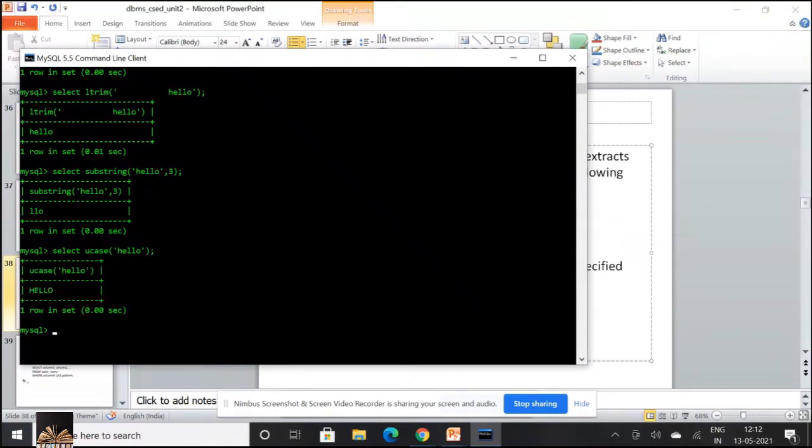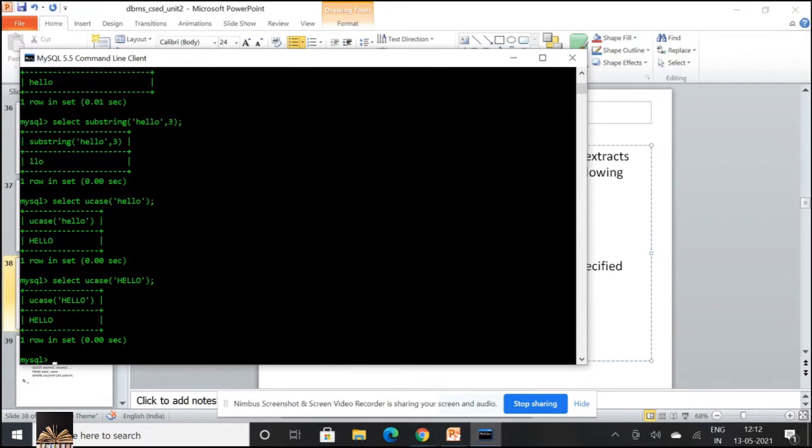So everything would be displayed in uppercase letters. Now, if I have uppercase letters also, no problem. It will display in the same way because you are trying to convert lowercase into upper or uppercase into upper. That is the job of your upper function.